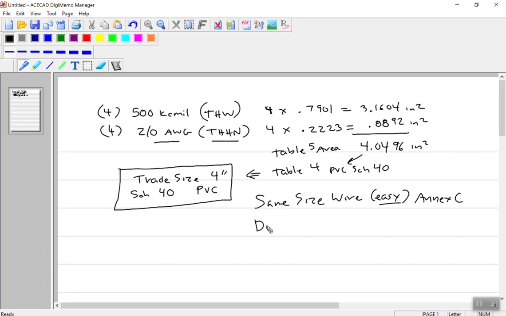But if it's different wires, not so easy, right? It's kind of slow. Let's put "slow" in there. Slow. We've got to use Chapter 9, Table 5, then Table 4, okay? On the test, for sure, without a question, you've got to know how to do that one, okay? So, there's other ones in there,